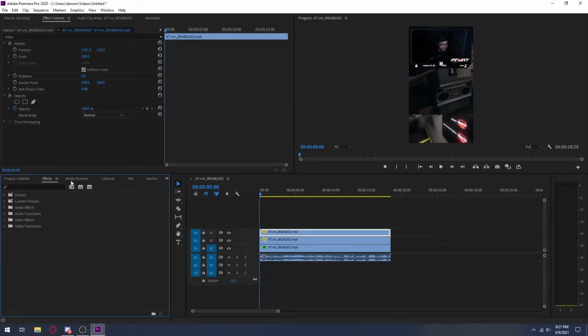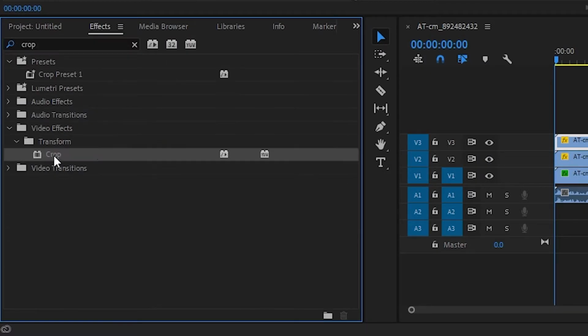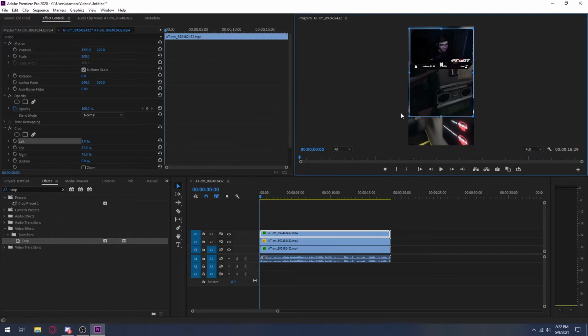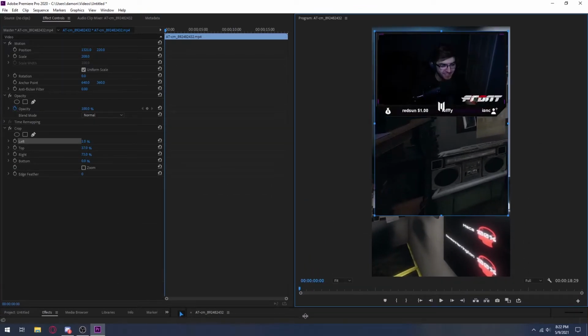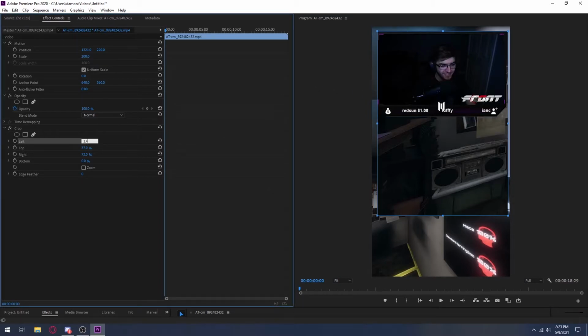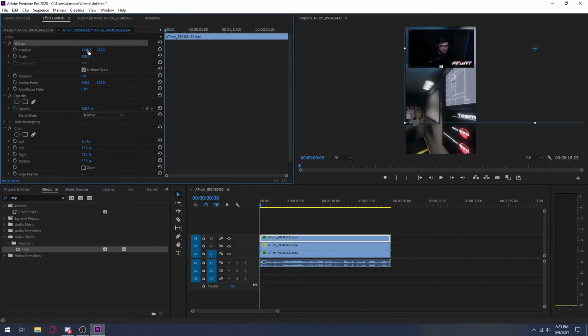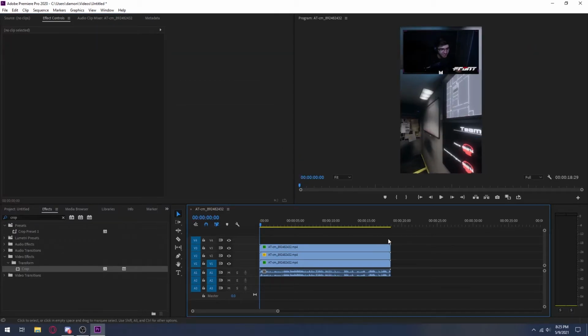The next thing you want to do is go into your effects again and search up crop, and then add crop to the top video. You're going to want to mess with left, top, right, bottom, and try to cut out your webcam. So all you have to do is just drag the numbers over until it's cropped out. You want to make sure that you're getting precise, so you just want to drag down this window so you can really see what you're doing. You can also type in the amount that you want, so you just go back and forth until you get it to where you want it. So now I have my webcam completely cut out, and then you want to make sure that your camera is centered.